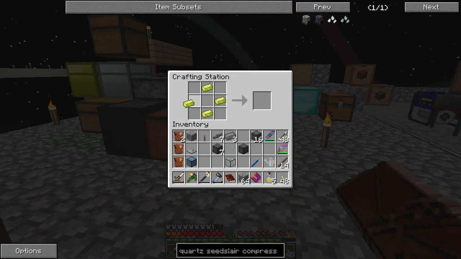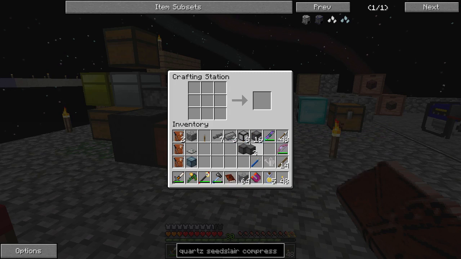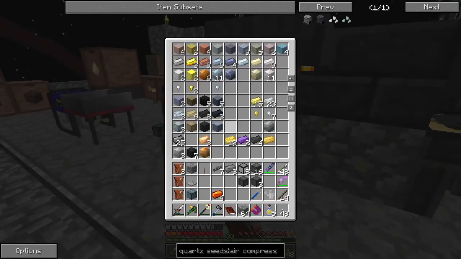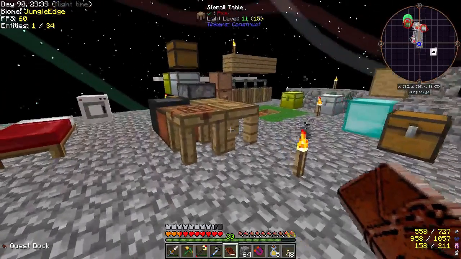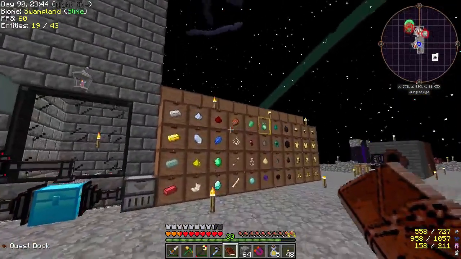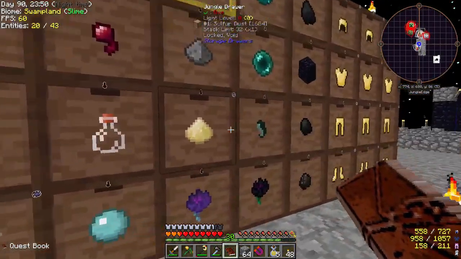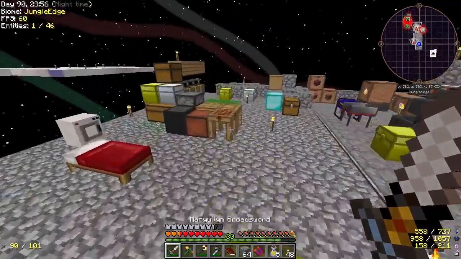So vibrant alloy, valves, and glass gives us some pressure chamber glass. And yeah, it detects all this stuff. That's good. So last thing we need to do, I need more iron. We need to make another thing of the red alloy. We need a little bit more TNT. 6, 7, 8. And 1, 2, 3, 4. We need just a little bit more TNT,